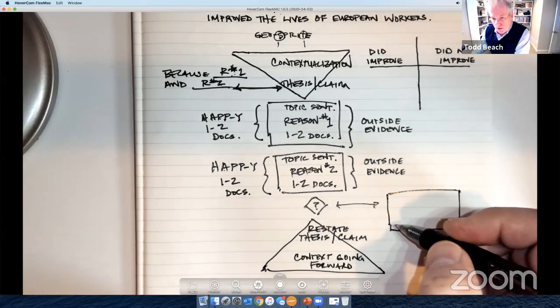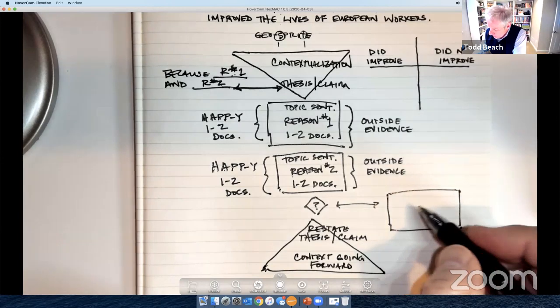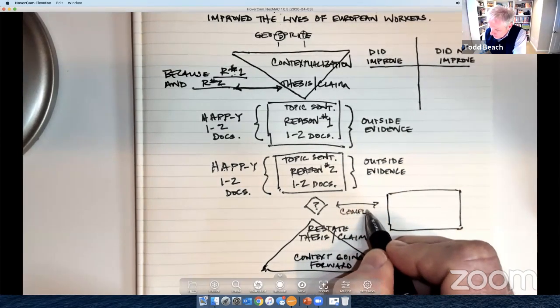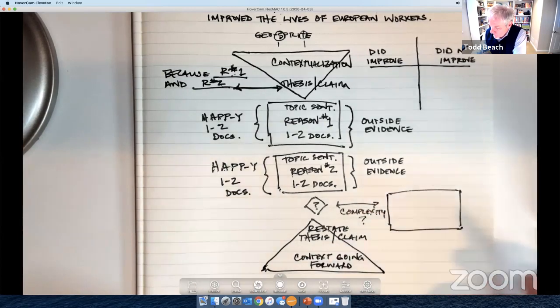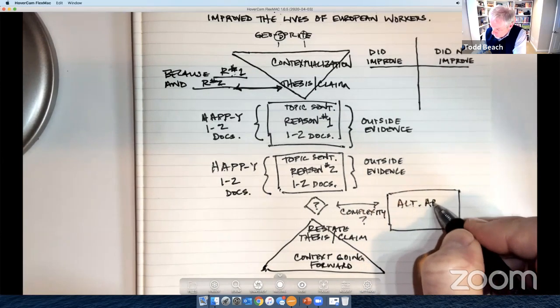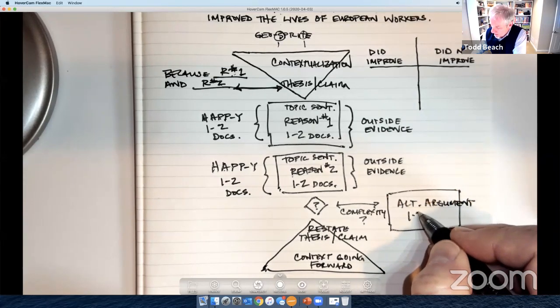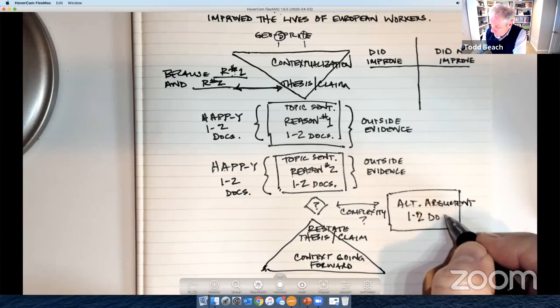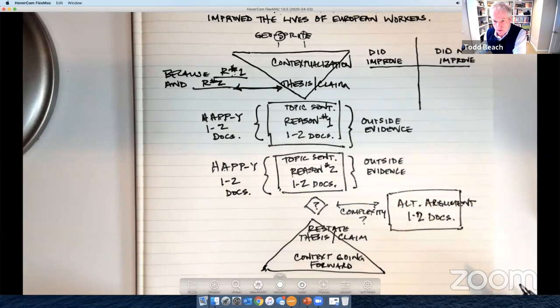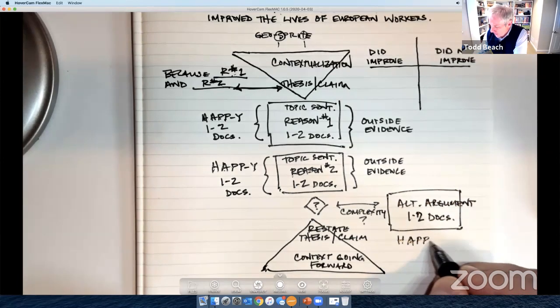So with this contextualization paragraph, or excuse me, complexity paragraph, I apologize for that. You can build a possible complexity paragraph here if you have the time. And that's where you're going to take an alternative argument and use at least one doc. I'll put 1 to 2, but you want to use at least one doc. There's only 5 documents in the whole thing. Okay. If you have time, again, you could HAP that doc: historical situation, audience, purpose, point of view, and why,